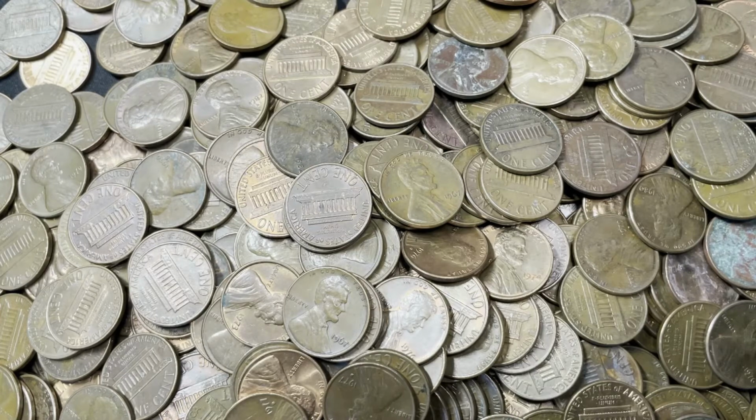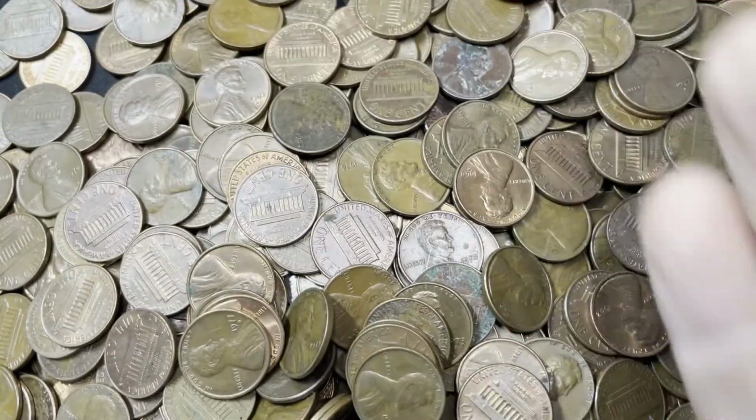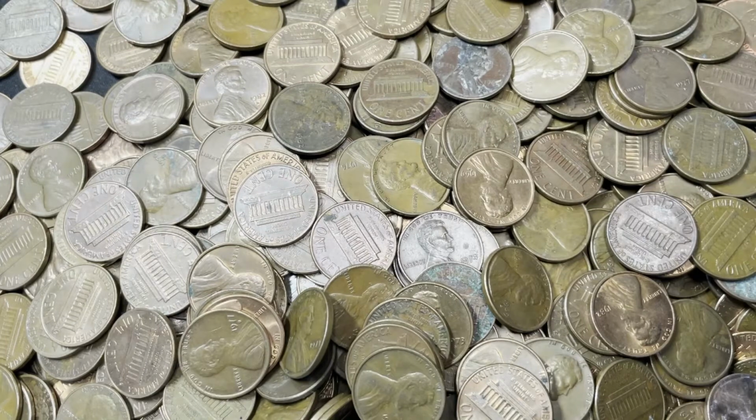Today I wanted to make a video of the top 20 pennies that you can actually find in your change from a bank in a box. These are not going to include strange off stamps. They're not going to include unusual things that you're not going to traditionally find. But we're going to have pennies that, as you go through your box, your rolls, your loose change, you might